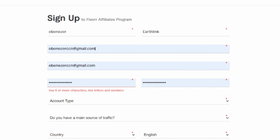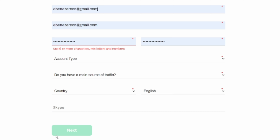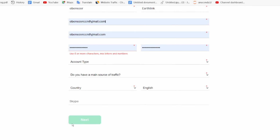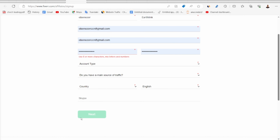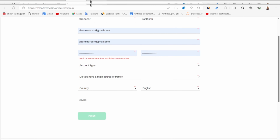So what you're going to do is you're going to put in your details. You're going to fill in your details. You're going to click on next, and then it gets to a point where it requires that you get verified with your email, and then they're going to send an email to you, and you get verified, and you are on the platform. It's that easy. All right. So when you're on the platform,